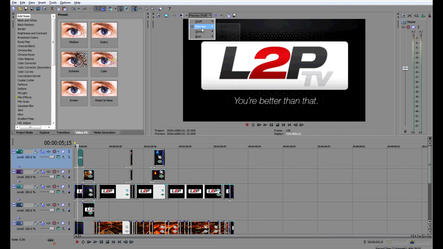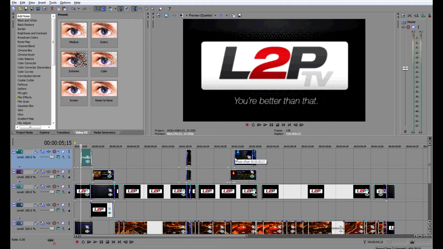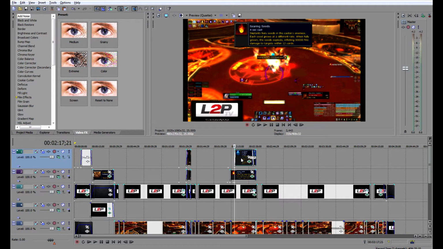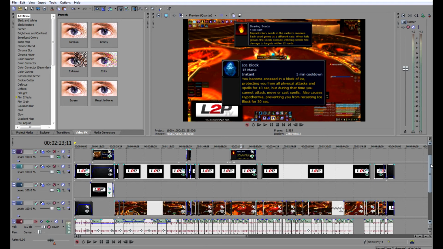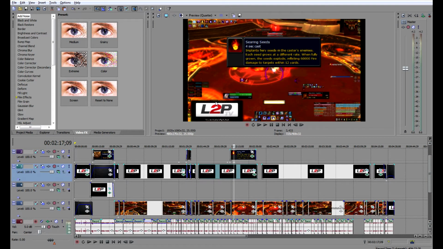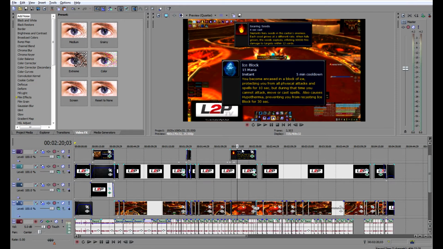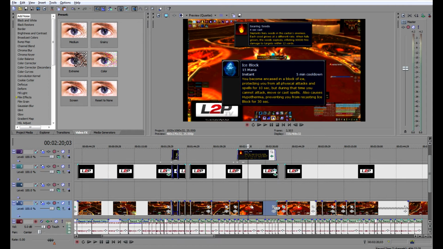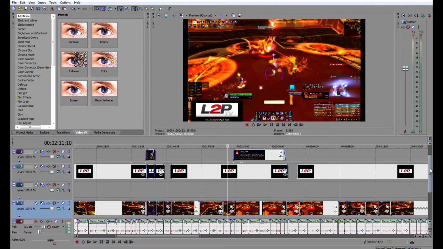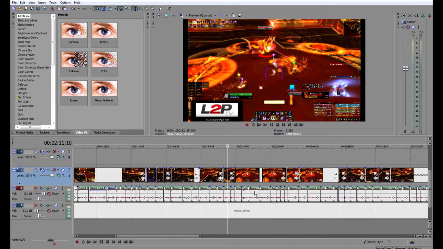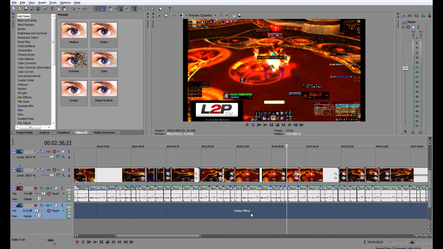We'll swap the preview to quarter, so it doesn't take too long to load. And over here, you can see there's a frame with my ice block image. You see there's a frame with my seeds image, a small overlay for the chat there. Then there's the regular image you're seeing in the background, which is actually just an image, not part of the video. I'll show you that. You can see me talking down here, multiple voice recordings, and the music that is playing